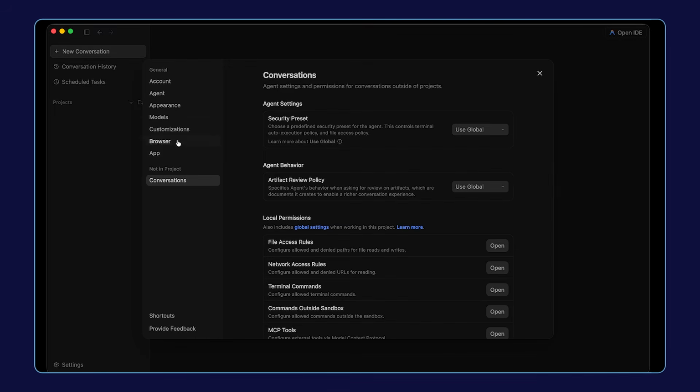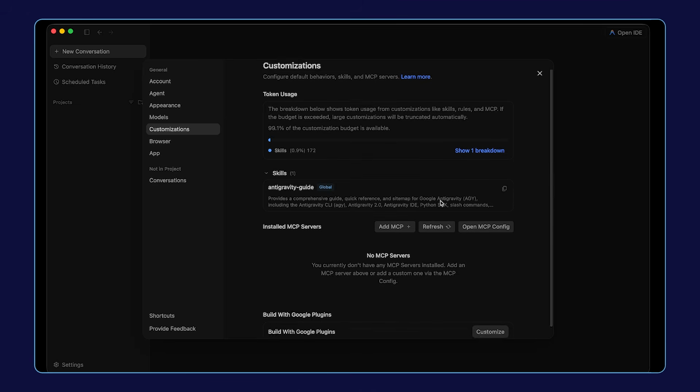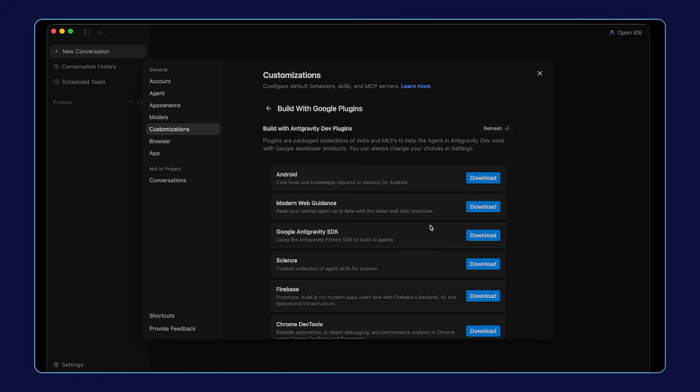Jumping into Antigravity, we can add the extension skill by going to Settings, Customizations, Build with Google Plugins, and downloading Modern Web Guidance, which comes with the extension skill. The recommended installation for most other coding agents like Claude Code and Codex is through the Modern Web Guidance CLI. During the CLI installation, you need to choose to add the extension skill pack. Now, whenever the agent writes code for us, it will use all of the latest best practices our team has